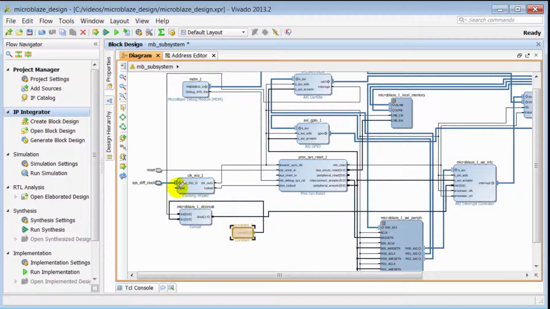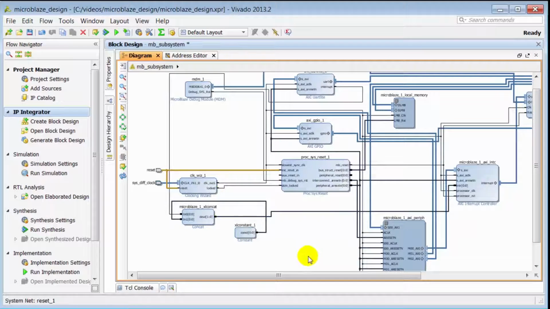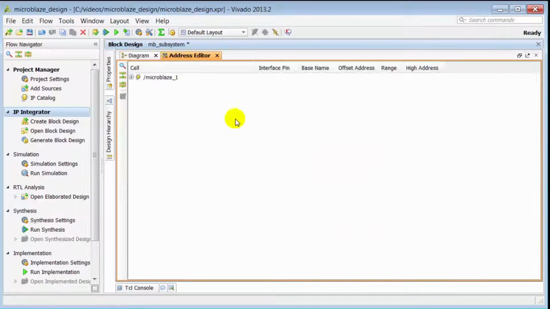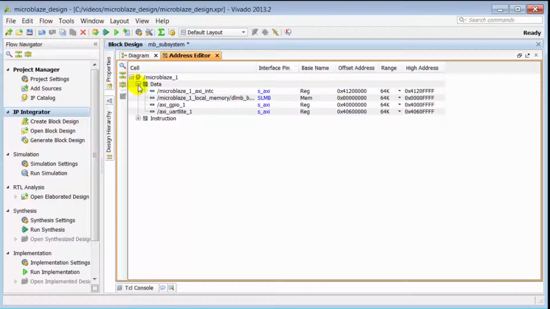Finally, we need to connect the reset pin of the clocking wizard to the input reset port of the design. Once the design is complete, we can click on Regenerate to obtain an optimal placement of our IPI block diagram. Then we select the Address Editor tab and inspect the memory mapping to ensure that all slaves have been mapped